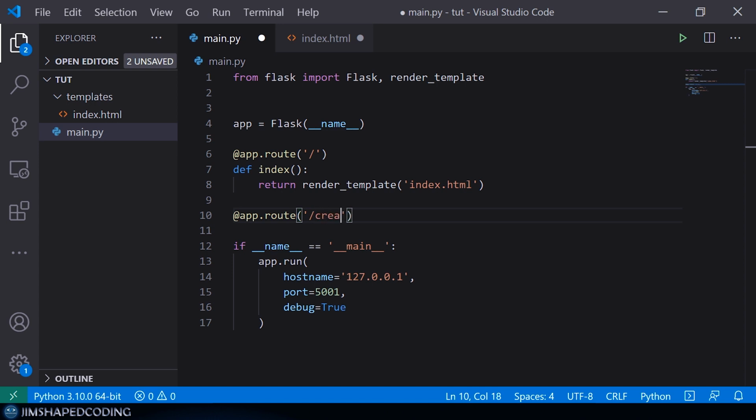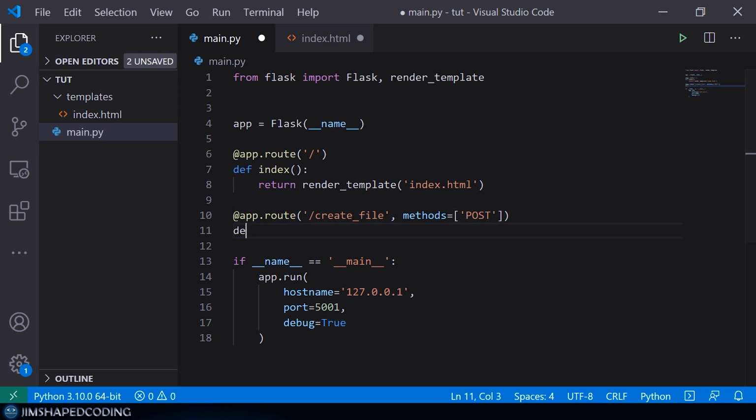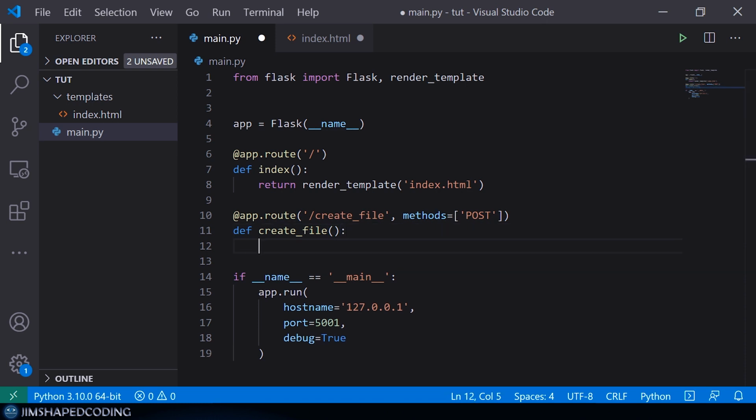Let's call our path this time /create_file. Make sure that you include this /, and then an additional argument is going to be passed here. I'm going to say methods is equal to a list. Now this list could include the methods that you want to allow, and I will only allow here POST, like that. So this should be enough to have a route with only a post request. Now I will name this function create_file as well, and I will only use pass here